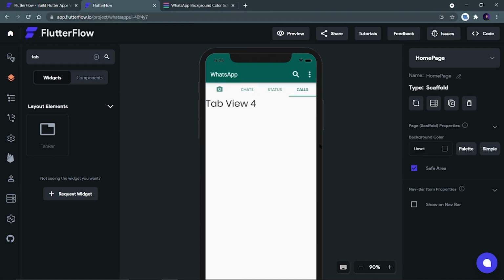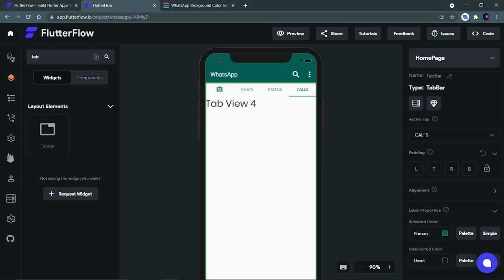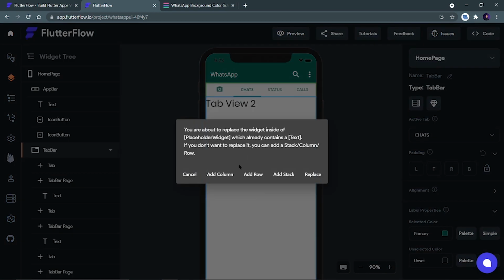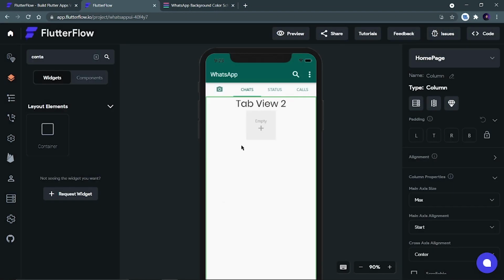So let's do it. First of all, I will click on this tab bar and I will come to my chat screen, right? Now we have to design this chat screen. For that, I'm going to add a container inside it. So I will search for a container, put that in this tab bar. For that, I have to add a column. So let's add a column.